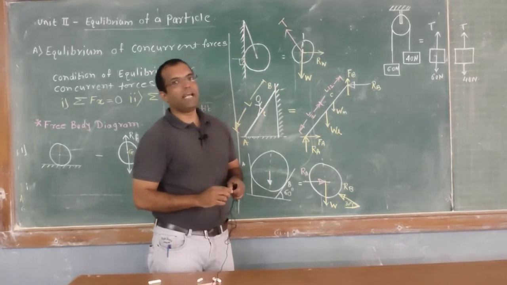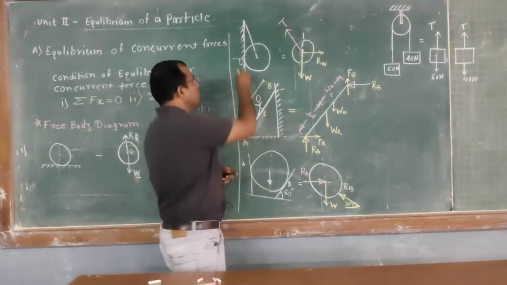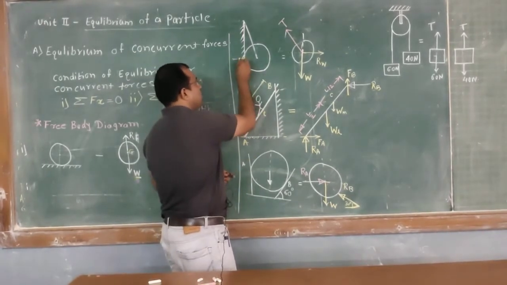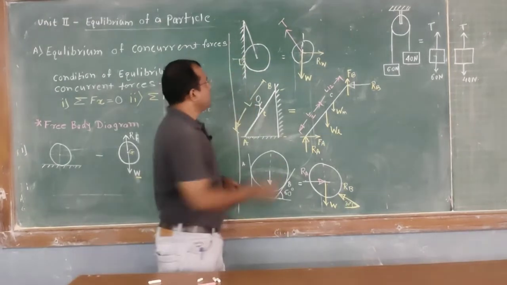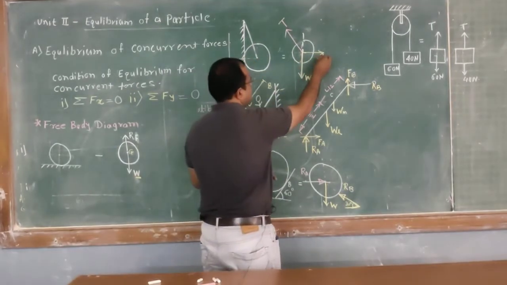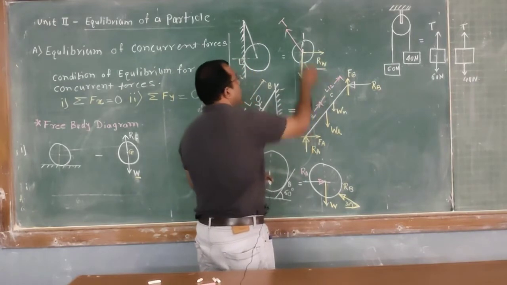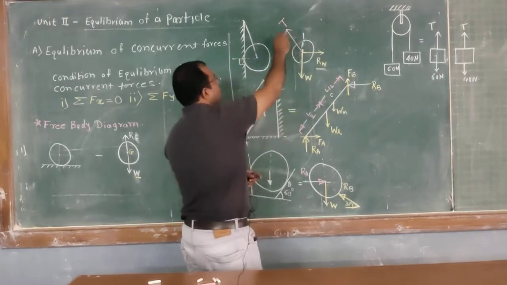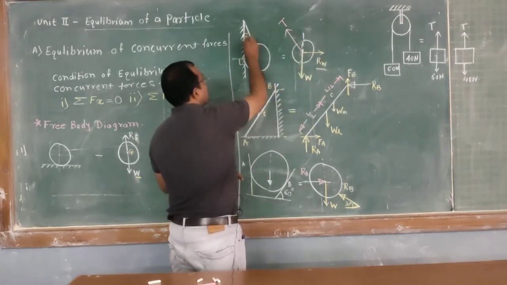Force is always acting at a right angle to the point of contact. So this is the force, and it always acts at a right angle to the point of contact. So I will show it like this. This is the reaction offered by the wall. This is the tension of the string. Let's say this angle is theta.